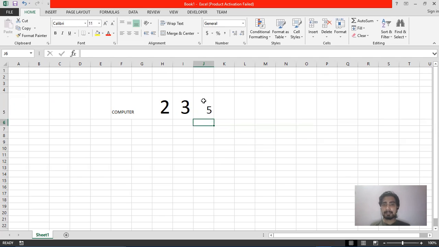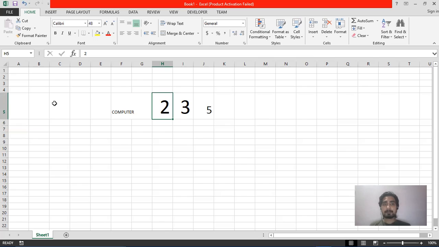cell. Now in this cell, right now the data is 5, but when we click on that cell, in the formula bar you can see the formula which we have used displayed. That's why it is called the formula bar, because if you have used any formula in your cell, then that formula will be displayed in the formula bar. Otherwise, the data of that cell will be displayed in the formula bar. So this was the name box which displays the name of the active cell, and the formula bar displays the data or the formula which you have inserted in the active cell.